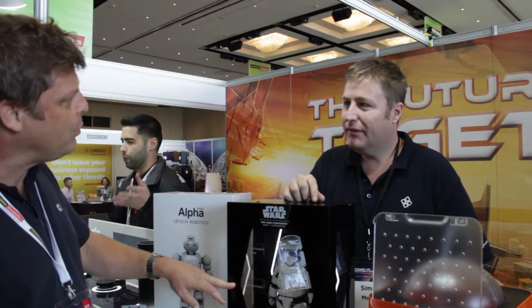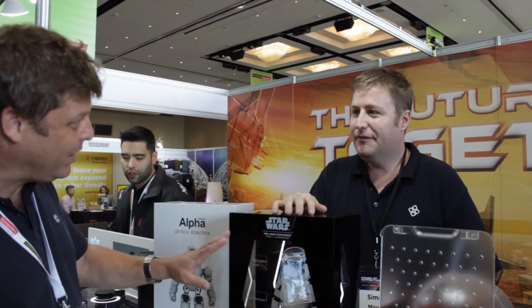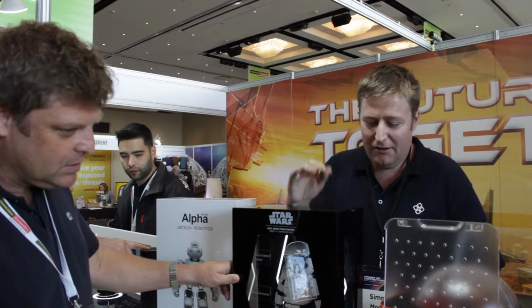And what's the retail price point on this one? This one is $599. $599. So for all of that for $599. Indeed. Unbelievable. So UBTECH have another 3 or 4 products in their lineup, not on display today,